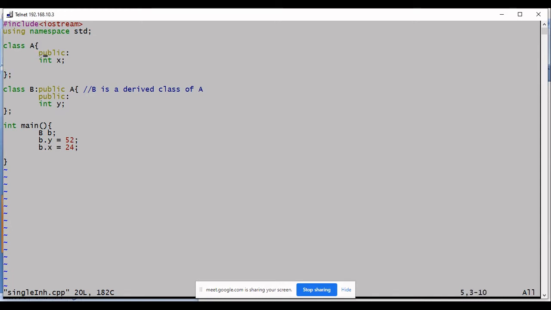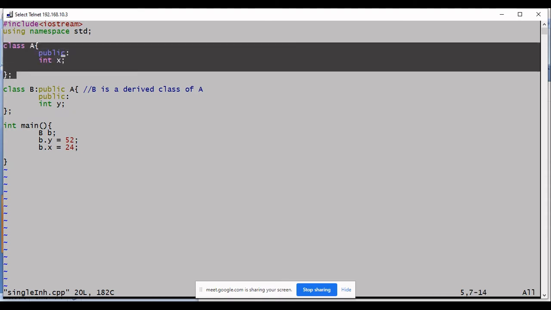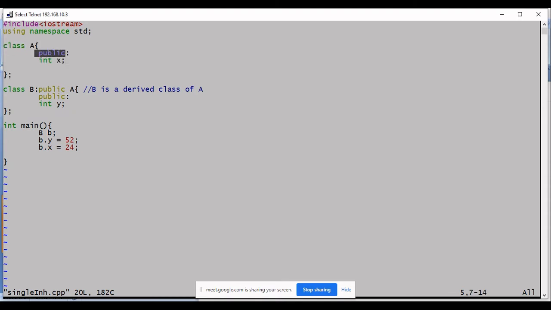Now I'll change this a bit. Pay attention to the class definition of A. It is public, so I could access it without any issue. What happens when I change it to private?